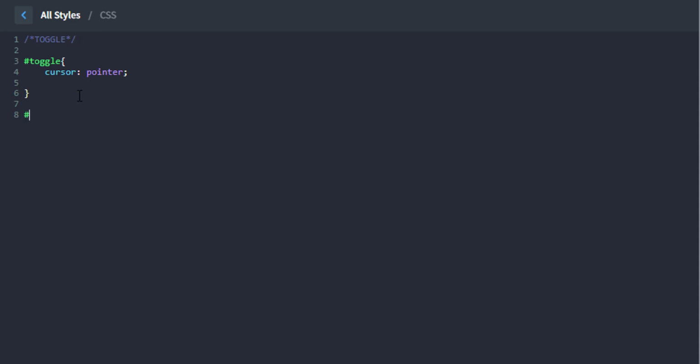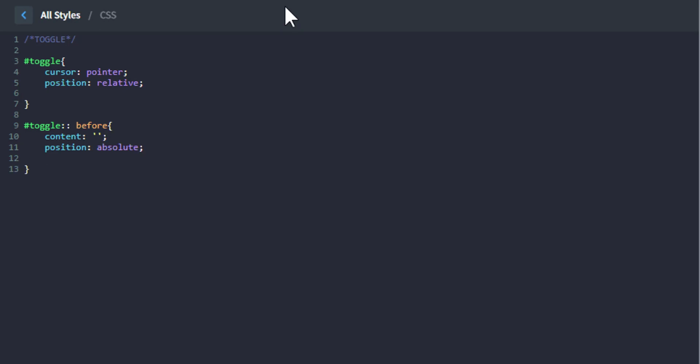The next thing I'm going to do is write for the before element. First thing with that is the content, which will be empty. The position for these will be relative. Okay, we're going to make this position absolute.